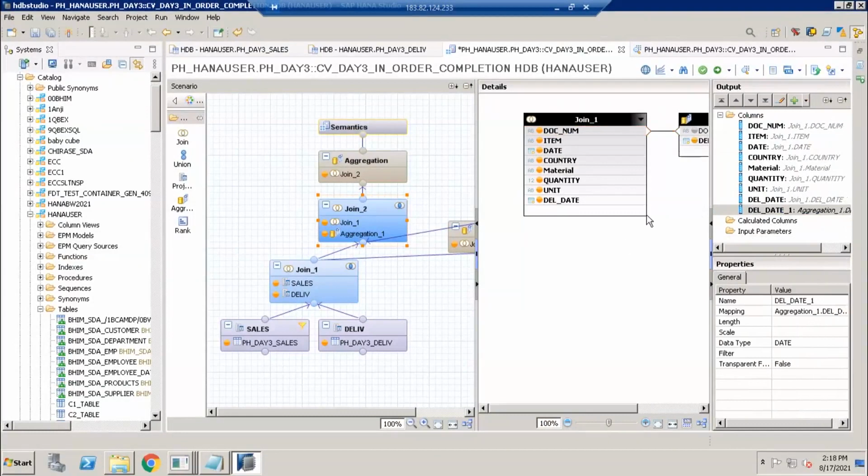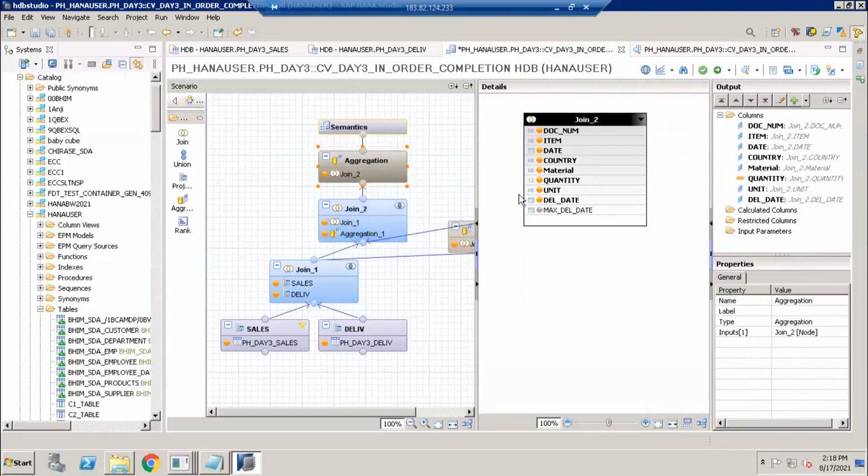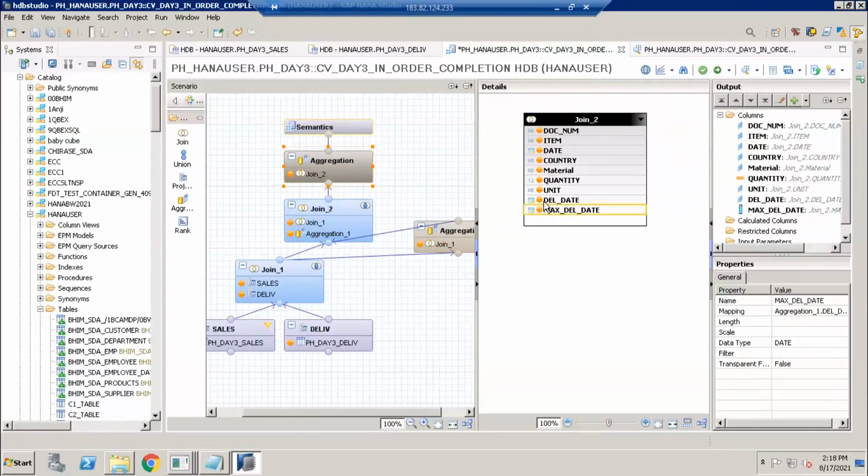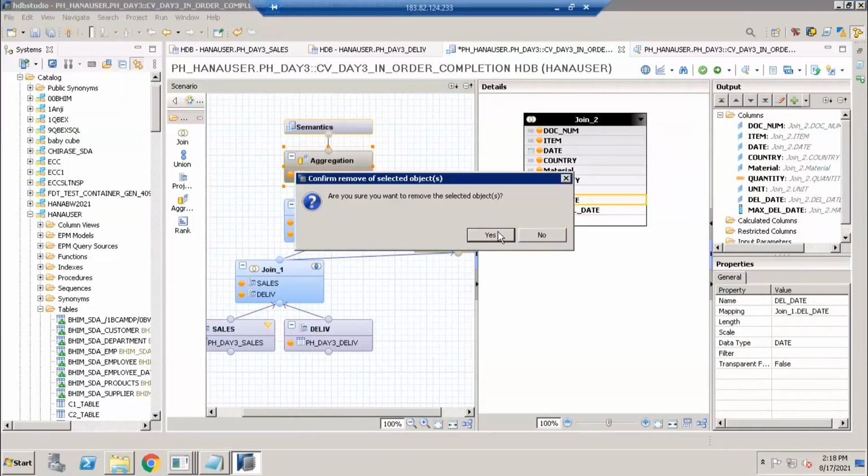So what we can do here is rename this column. Select the column and rename it as max delivered, and remove the -1_1 at the end. Now if I click on aggregation, here I can see the max delivered column. Here we added one extra column, so we need to take this extra column to the upward flow, or else it will be deselected automatically. So select this max delivered and remove this delivery date.